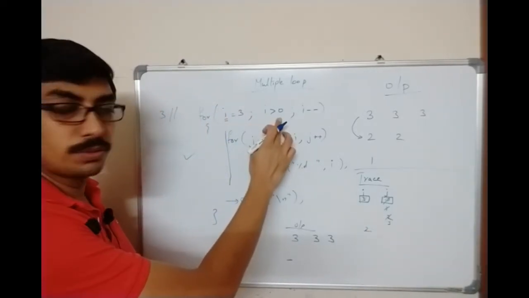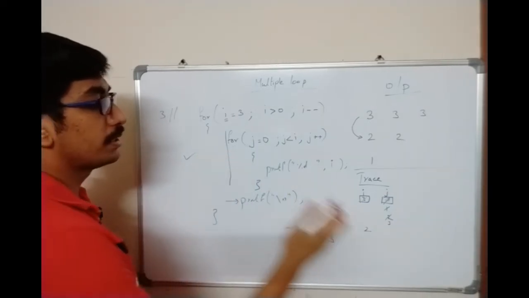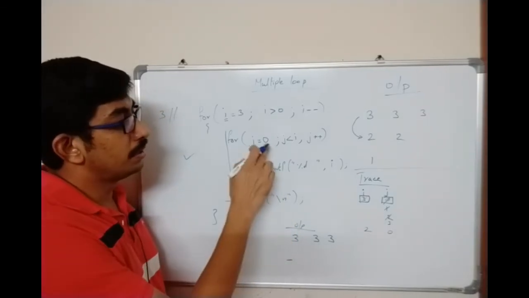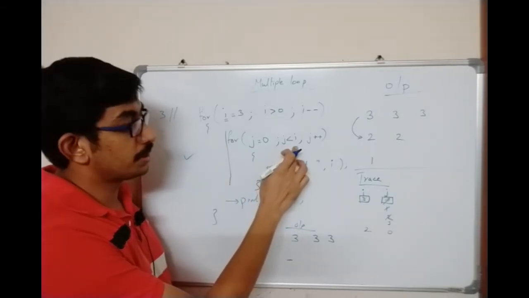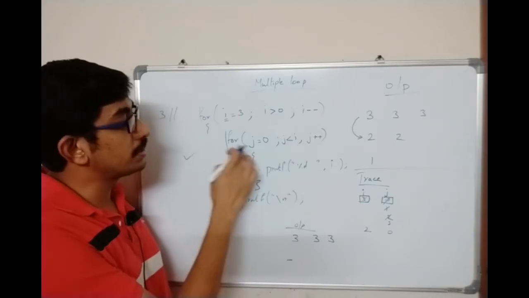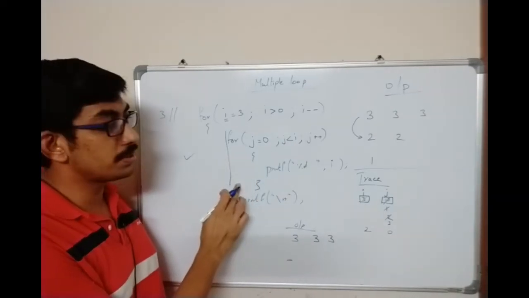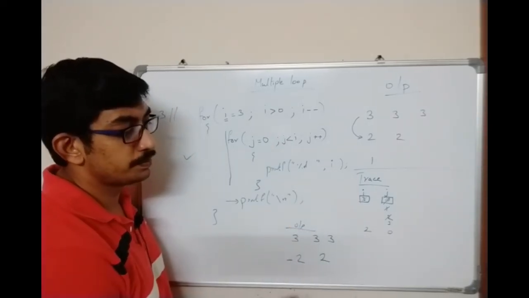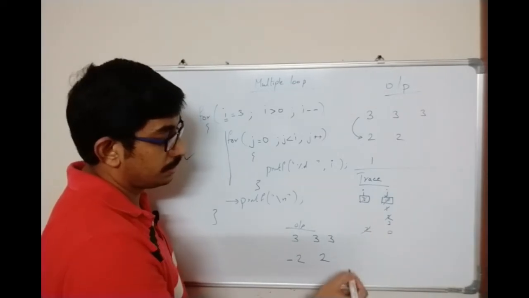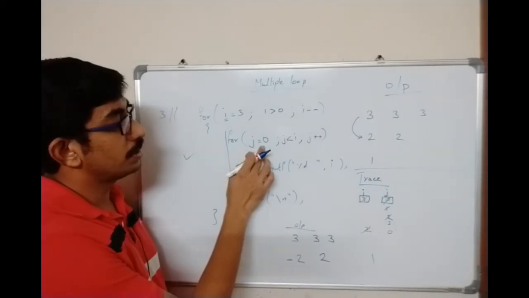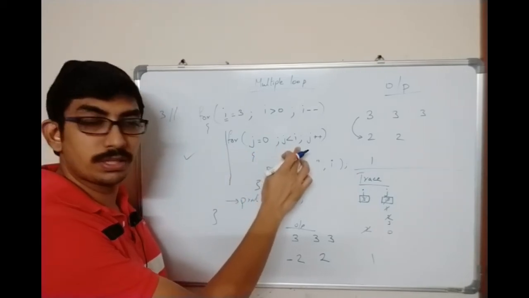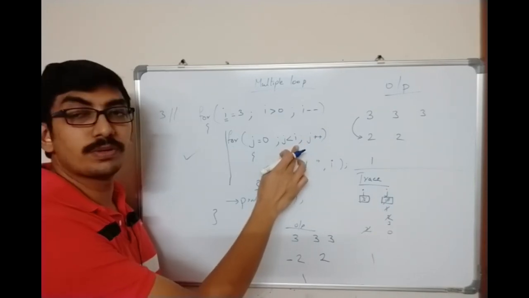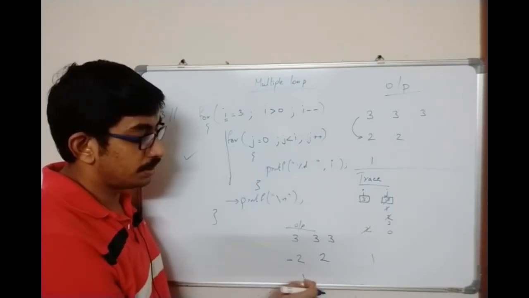Again 2 is greater than 0, the condition is true, it will come over here, and j will be initialized to 0 again. Now how many times will it execute? 0 less than 2 executes, 1 less than 2 executes, which means this time the inner loop executes 2 times, and every time it displays i, so it will display 2 2. In the next iteration i becomes 1, so j is initialized to 0, 0 less than 1, the condition is true, and the value of i is displayed. When j becomes 1, 1 less than 1 is false, so it will stop execution.